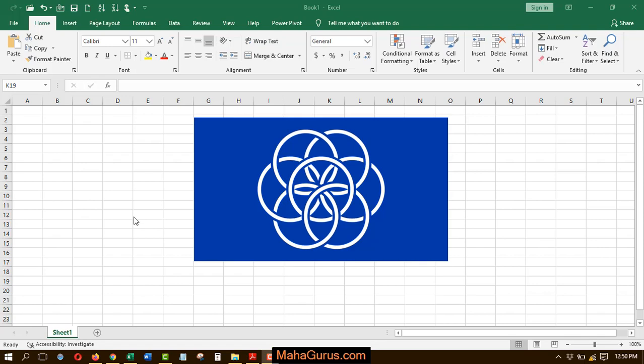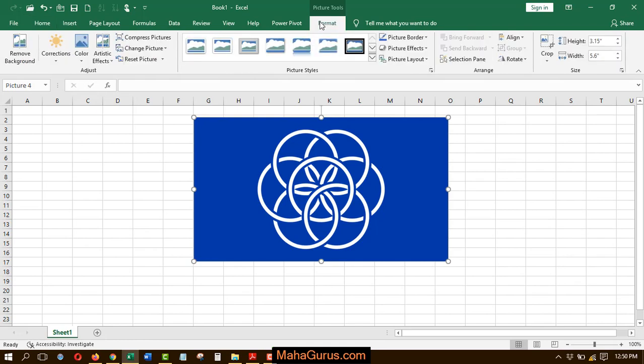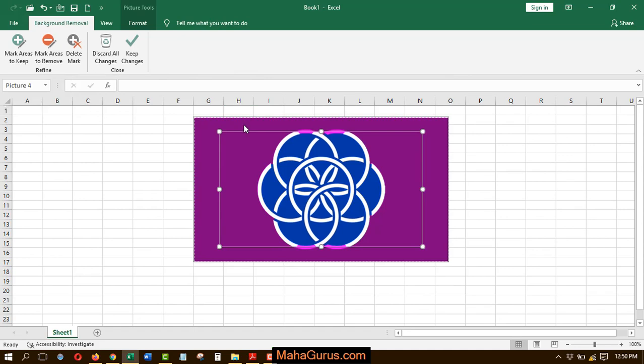So in this tutorial, we're going to learn how we can use delete marks in Microsoft Excel. For that, you have to select the picture and then click on the Format tab, which is a picture tool, followed by Remove Background. Just after clicking, your picture will contain this pink color box. So here you have to select the area,